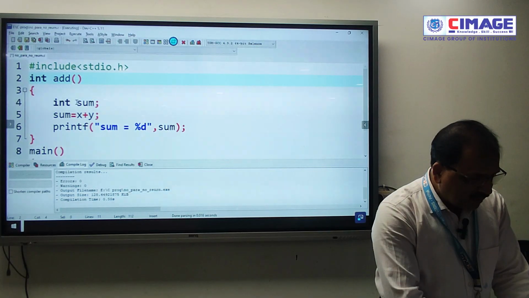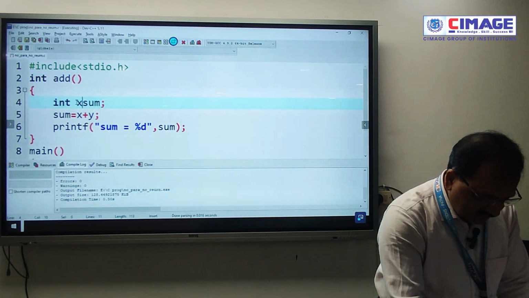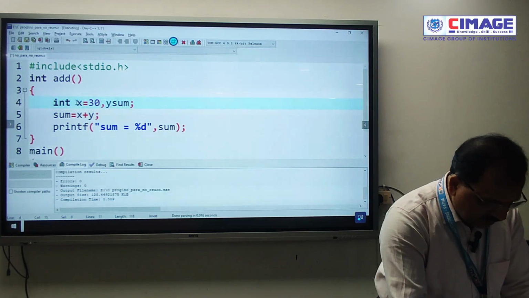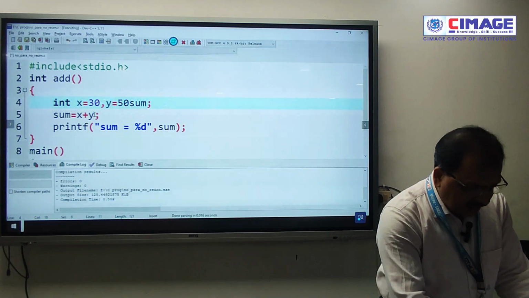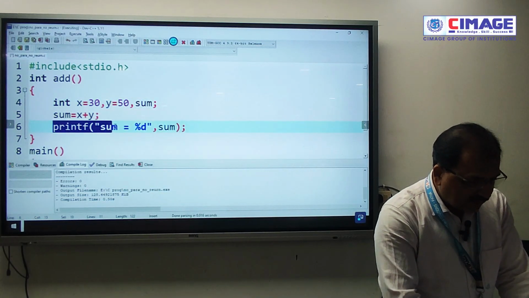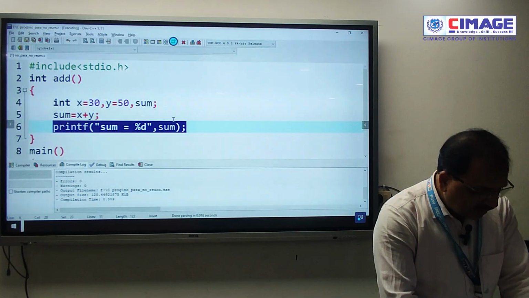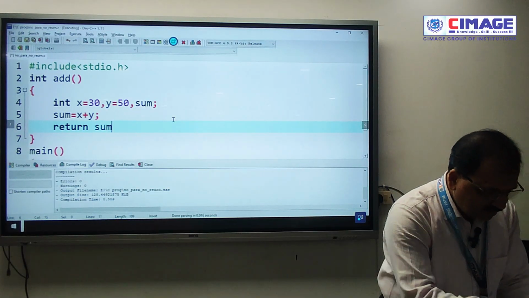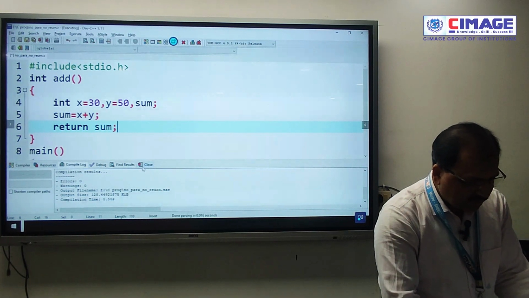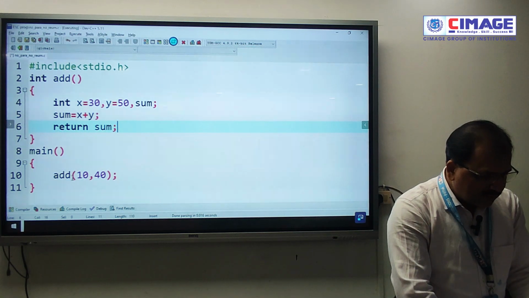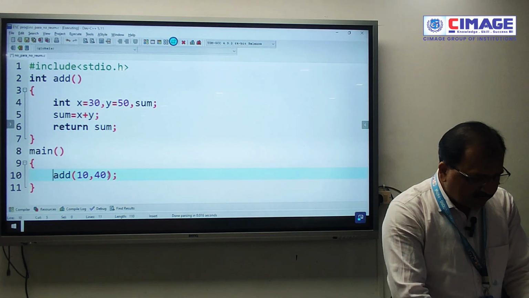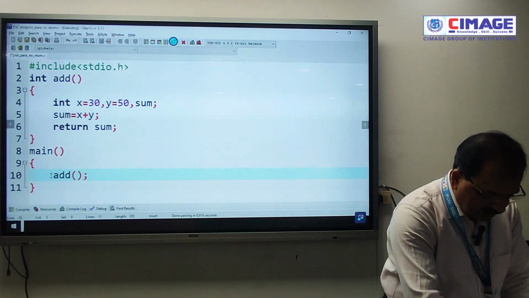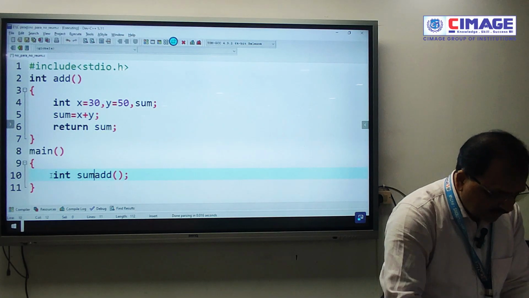And inside this particular function I will be writing x equal to, let's say 30, comma y equal to, let's say 50, and then this is going to return the value of sum. So this printing is not required here. Instead I will be writing return followed by the value contained in this particular sum. Now the question comes in, how are we going to get the value? Obviously we are going to call the add function without any parameters, so I am not going to write a parameter out here, but here I have to declare a variable called int sum equal to add.